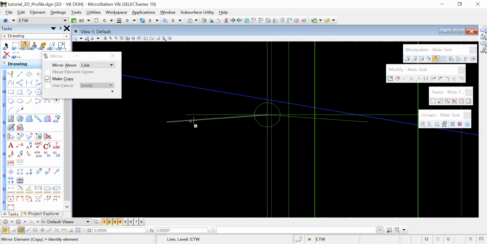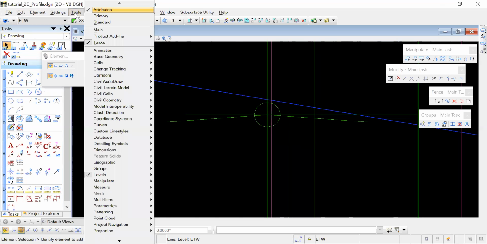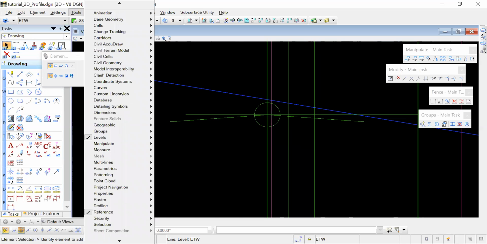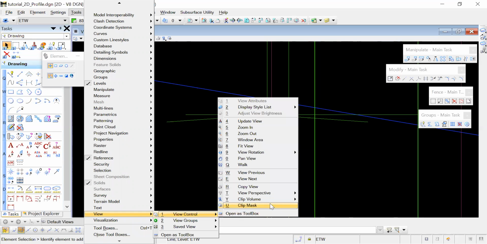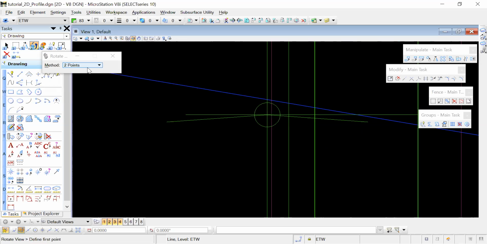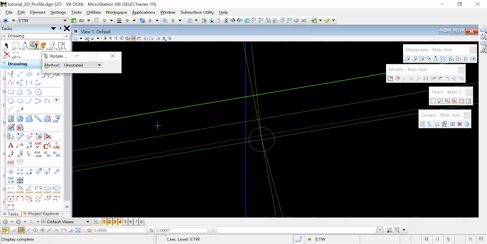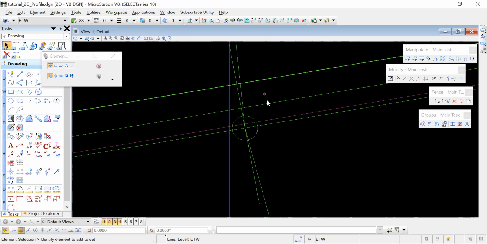And that is the line that you need to create in this step. Okay, so once you created your line, just go to Tools, all the way to View, View Control, View Rotation, and then Rotate View. Once you click Rotate View, you're going to go to the unrotated view that you already had, and then your view will rotate back to its original